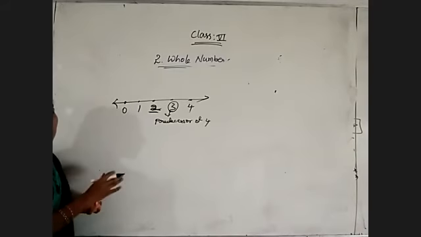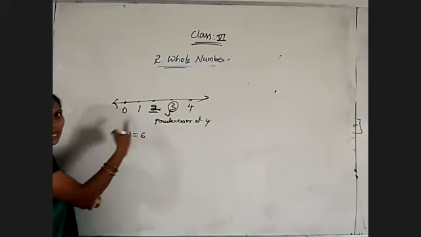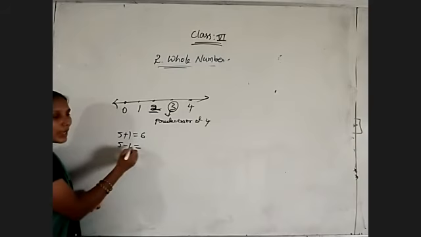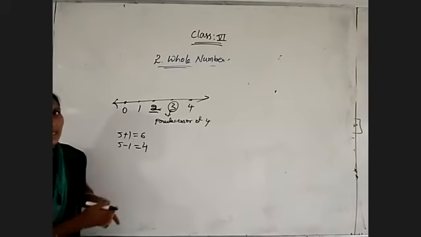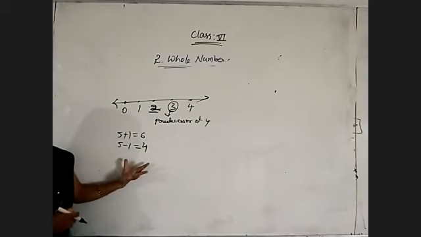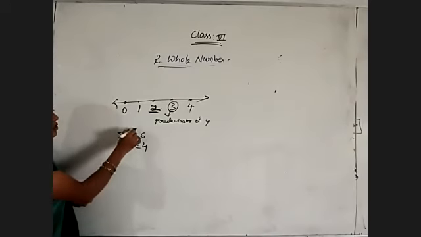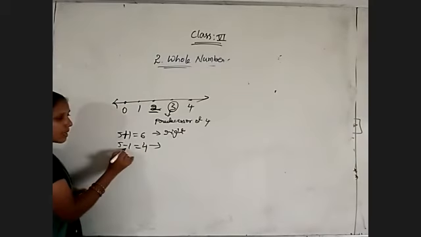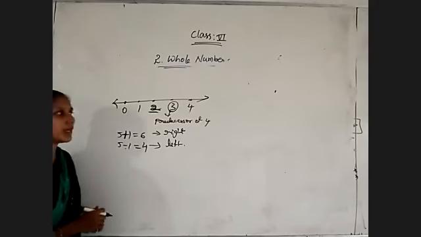Greater values always lie on the right side. The successor of 5 lies on which side on the number line? Successor I said. 5 plus 1, which is equal to 6. Greater number. So right side. Okay. If I said predecessor, 5 minus 1, 4. So the predecessor will come on the left side. The successor will come on the right side. Always greater numbers lie on the right side on the number line and lesser numbers lie on the left side. So whenever you are adding any whole number, you should move right side on the number line. And whenever you are subtracting, you come left side on the number line.